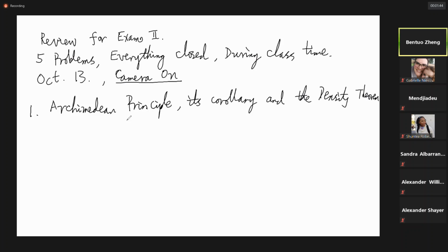Okay, so this problem is about statements, precise statements. This is similar to the problems in the first exam. So you have to memorize the exact statements. And the second problem is to